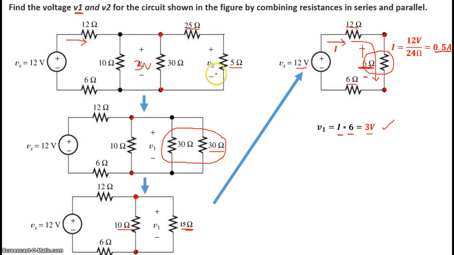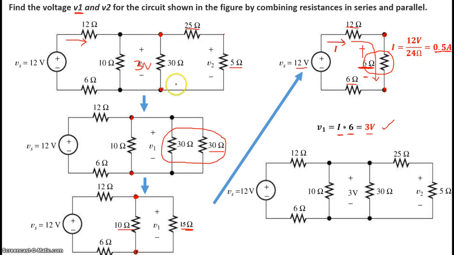Now we need to find V2. Now for V2, let's take a look at this. V2 is across this 5 ohm resistance. Now 3 volts is between this point and this point. So if we look at this, we have a voltage divider, a voltage that's being divided between the 25 ohm and the 5 ohm resistance, and between this point and this point is a total of 3 volts. So using the voltage divider equation, we get the voltage V2 across the 5 ohm resistor is equal to this